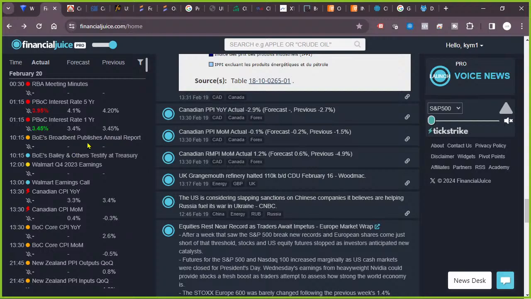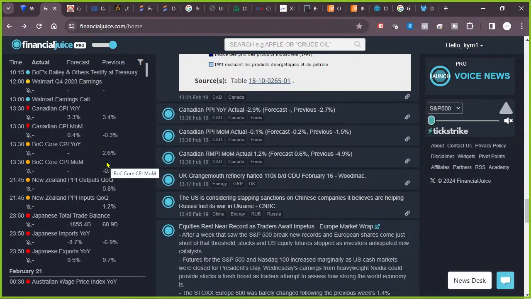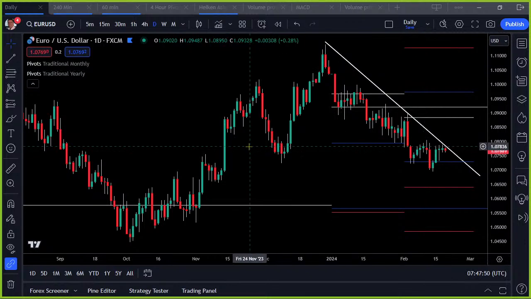It's 10:15. So we've got the annual report, etc., at 10:15. So we could get a bit of volatility around the pound with that report being published. Most of the stuff is probably known, but it's hard copy, and as I say, might just create some volatility. Right, the rest of this stuff is the Canadian inflation. That could certainly affect the Canadian dollar later. Otherwise, I expect more of the same.